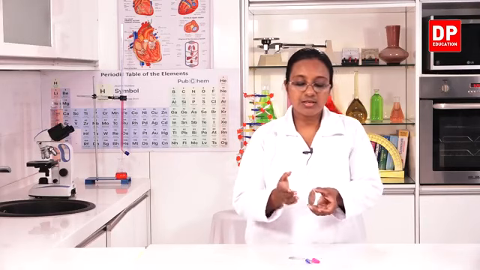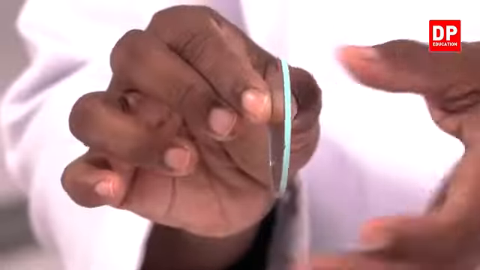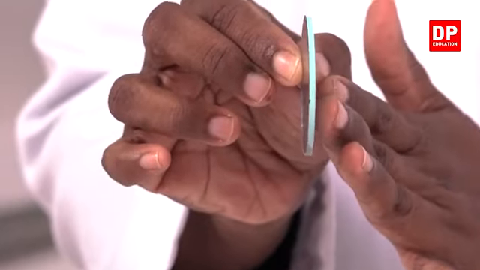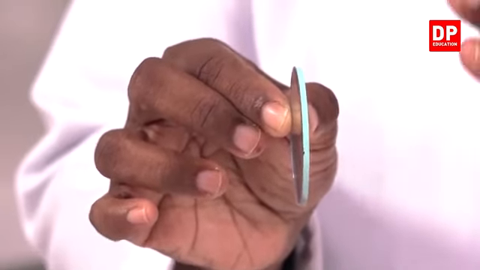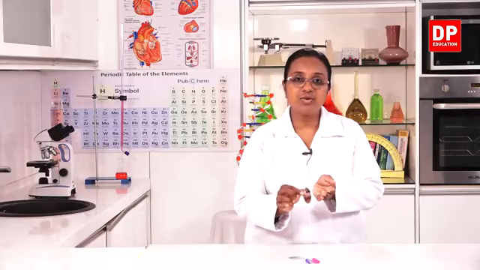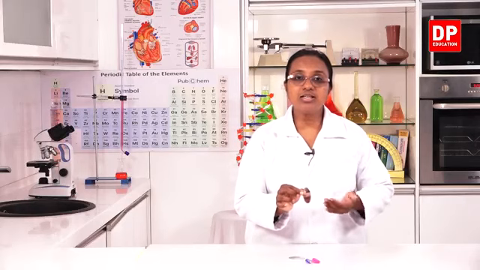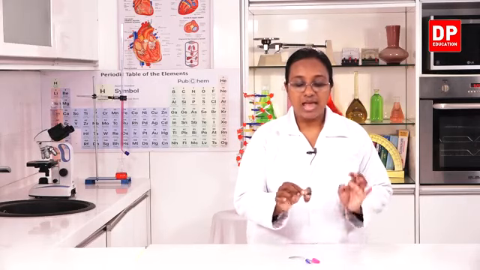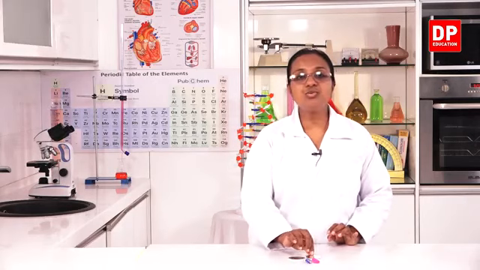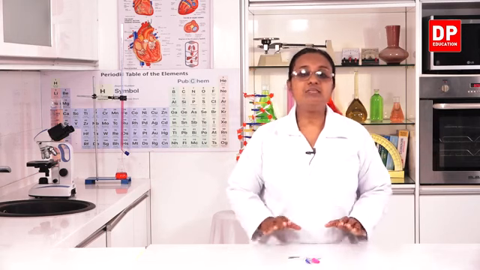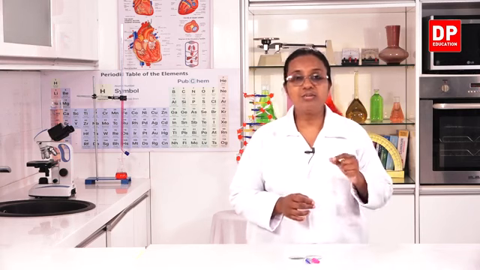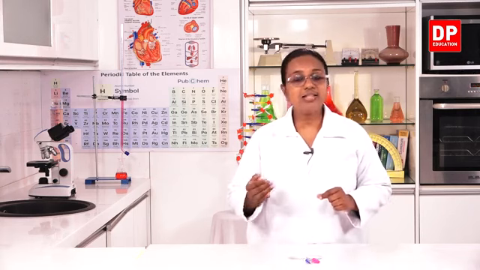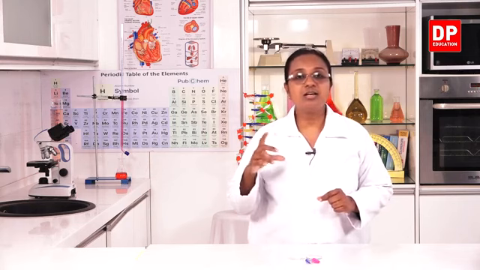And if we take the other one, this is curved inwards. So this surface is the non-reflective surface. The other side is the reflective surface. So here it's curved inwards. So it is a concave mirror. And you all know with these two mirrors, the way the image forms differs. Through one mirror, you will see a smaller image, diminished image, and through the other mirror, you will observe a